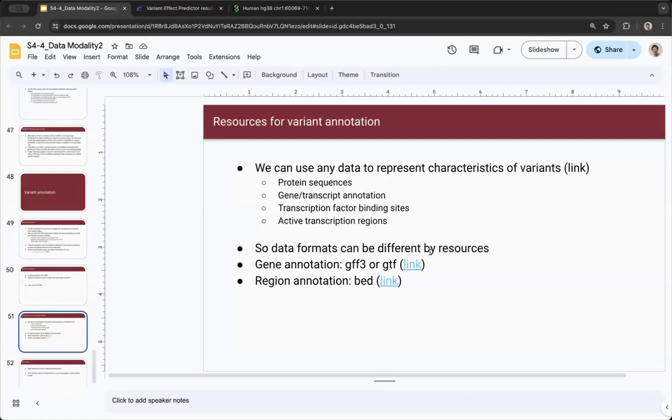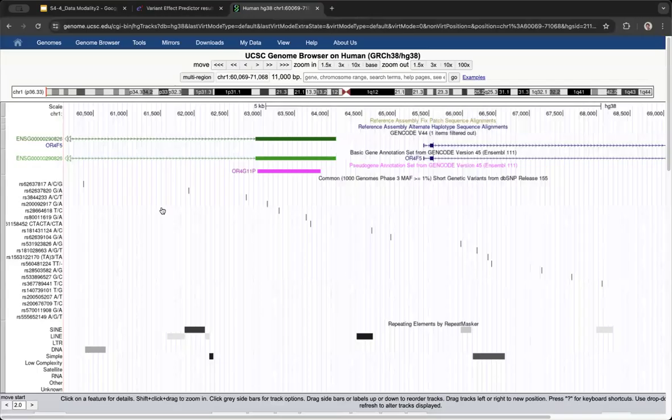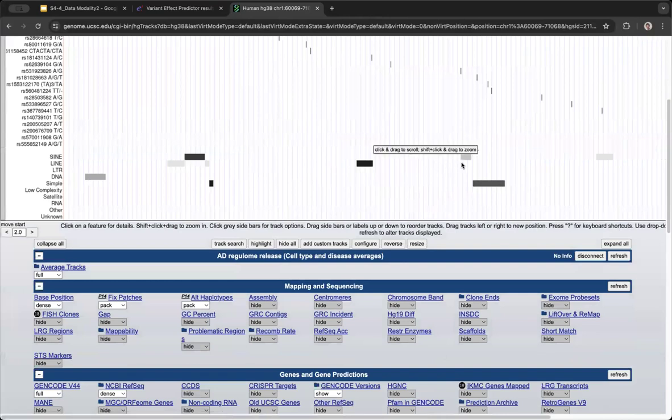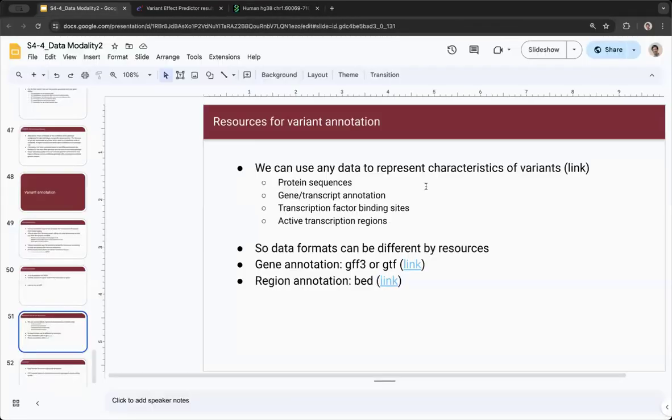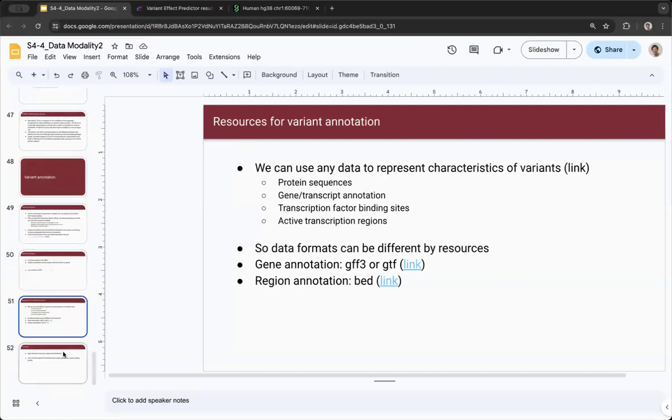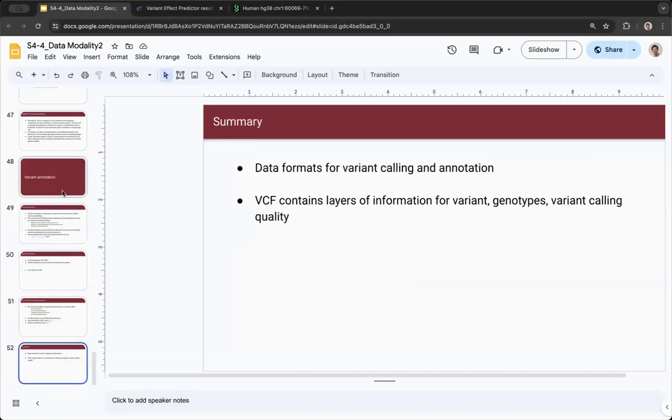The format can differ by resource. Sometimes you use GFF3 or GTF, which use zero-based coordinates, or you can use BED files, which are all zero-based. So if you go here, all of that information is provided in GFF or BED format. You can utilize that information for VEP or the variant annotations. Okay, so this is basically the summary of how we can see the variant information in a certain format,